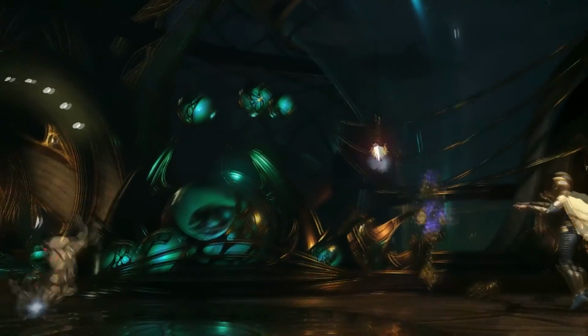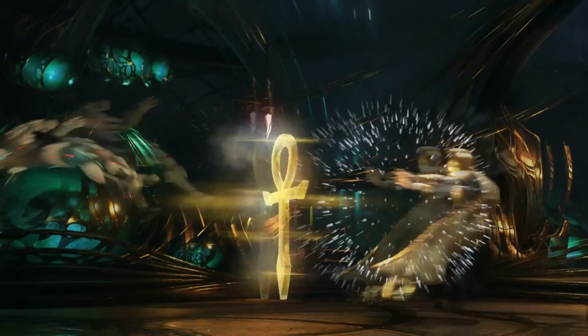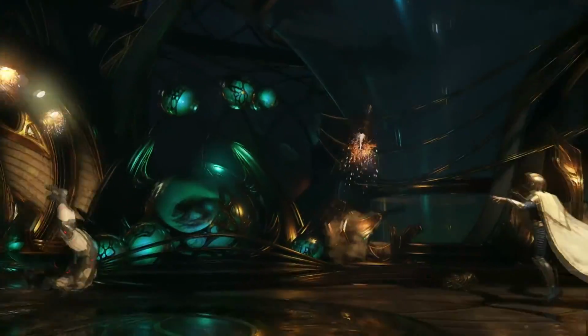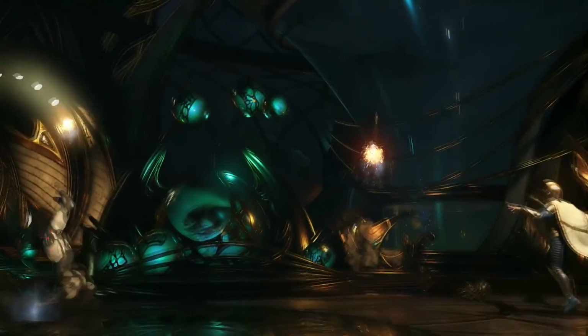But he puts this in a kind of meter burn pushback. He does a normal pushback here to Cyborg, and then he meter burns it because those little white lines come out, which I'm pretty sure mean it's a meter burn, and then the Ankh symbol comes out and smashes Cyborg away even more. I like that they mix that into his moveset, and he uses the symbol in other ways as well,